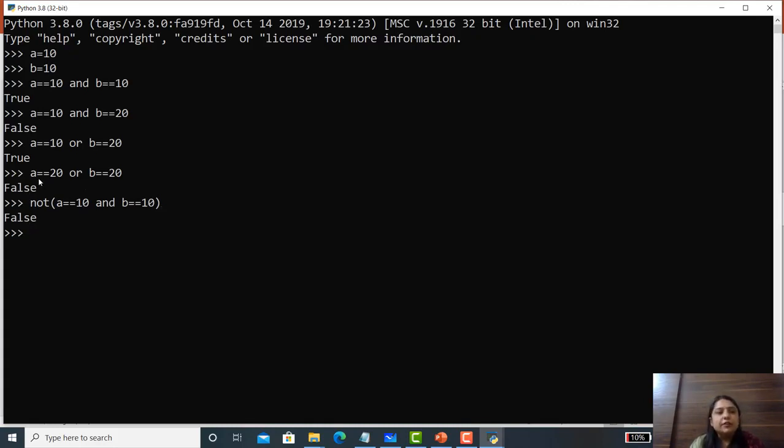For example, if I use NOT with A equal to 20 or B equal to 20, we know that without NOT the answer is false. But here I use NOT, so it converts false into true. I hope this operator is clear.